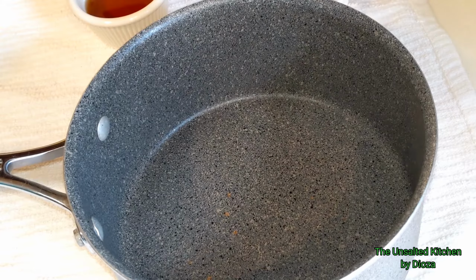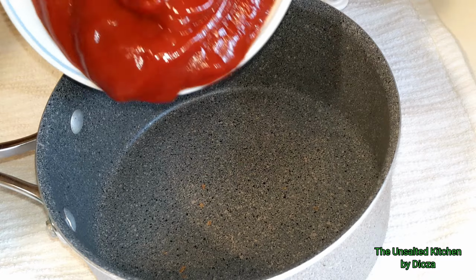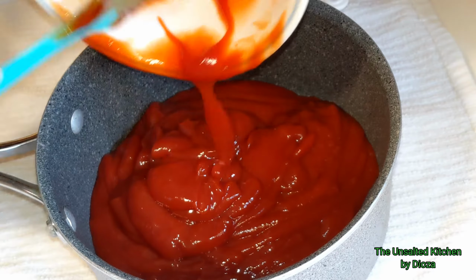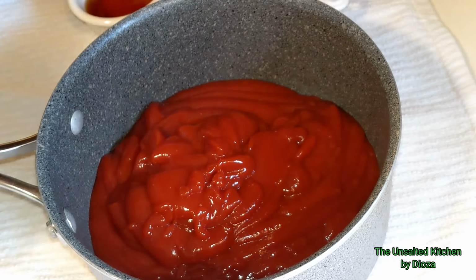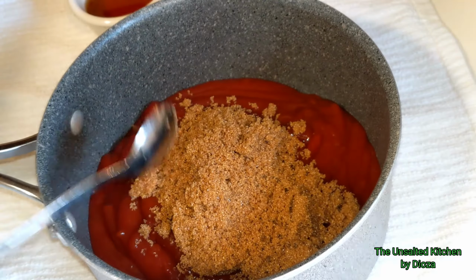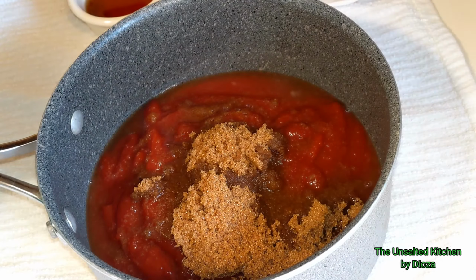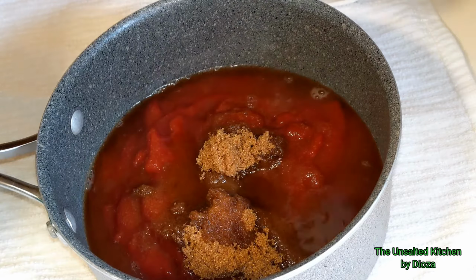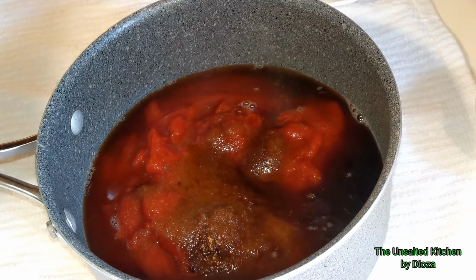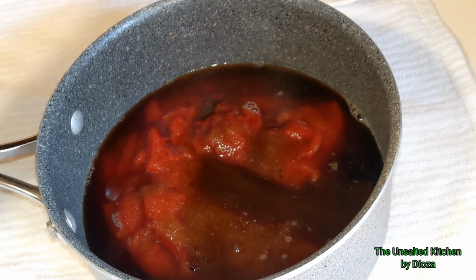Let's get started. So guys, all we have to do is, in a medium pot, just mix all the ingredients. First, add the ketchup, brown sugar, apple cider vinegar, marsala cooking wine, Bragg aminos soy sauce, French's Worcestershire sauce, it's kind of hard to pronounce, and we will have